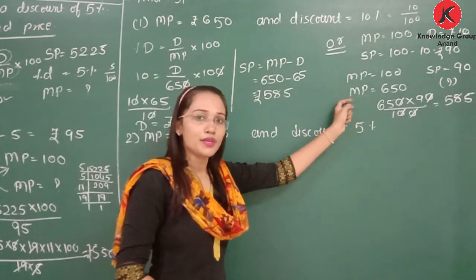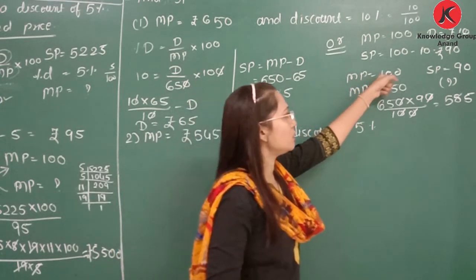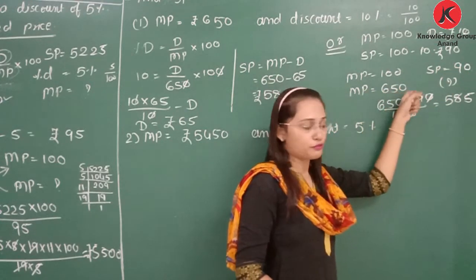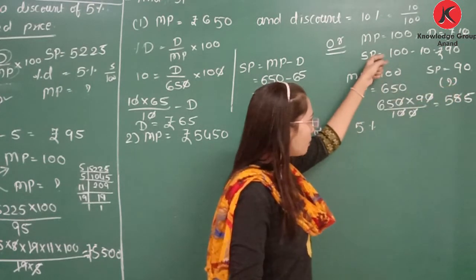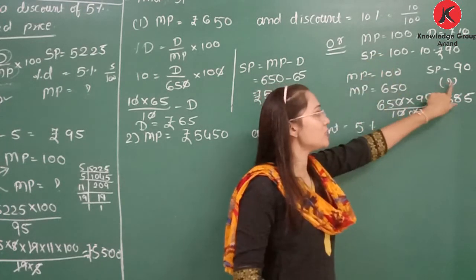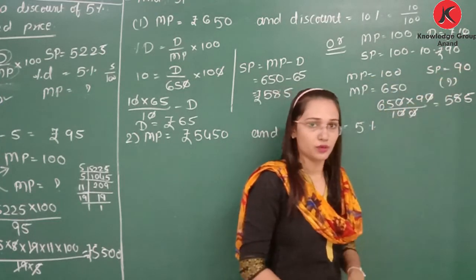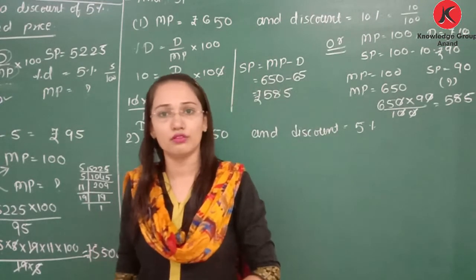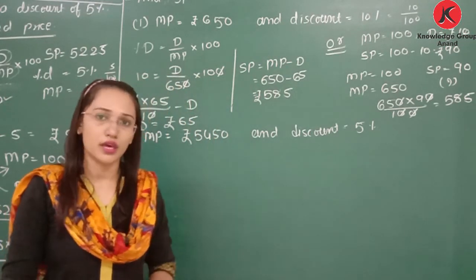Okay. In the previous example, selling price was given. So we started from selling price is 90 when market price is 100. Selling price is 5,250. What is the market price? So that method we used. But here market price is given and selling price you need to find. So we start from market price is 100, selling price is 90. Clear? Always remember that you need to take market price as 100 and discount in rupees. From that you can solve the example.